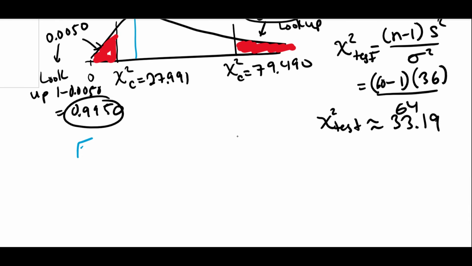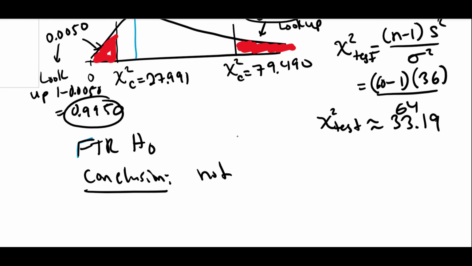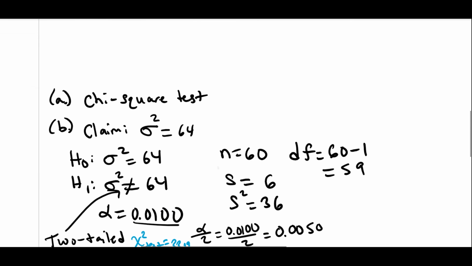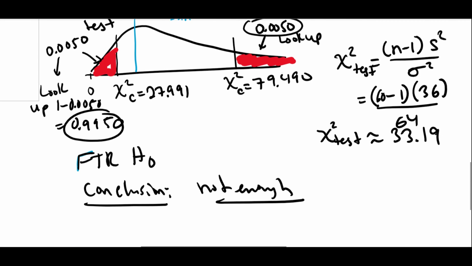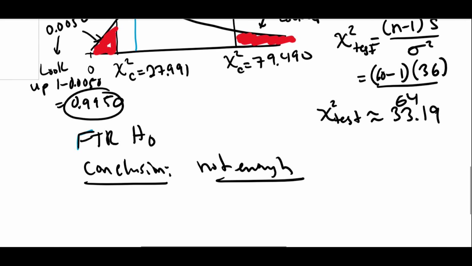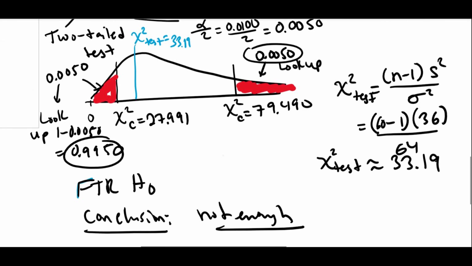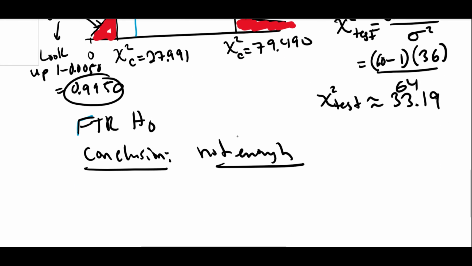Our decision is to fail to reject the null hypothesis, which means for our conclusion, we're going to say not enough evidence. In this case, our claim belonged to our null, so we're going to say there's not enough evidence at the 1% level of significance to reject the claim that